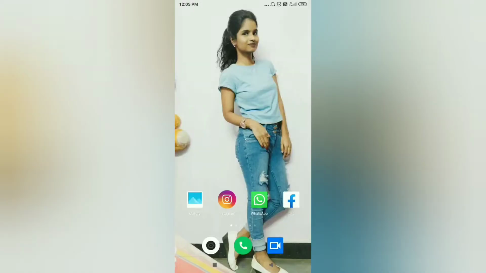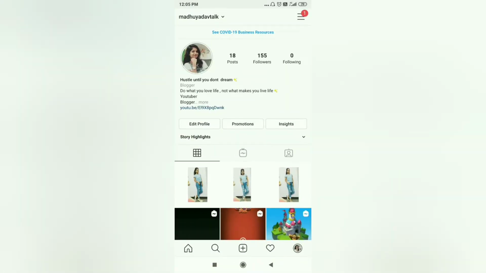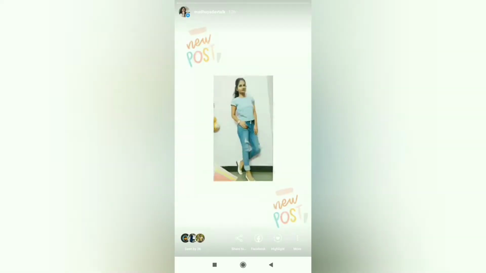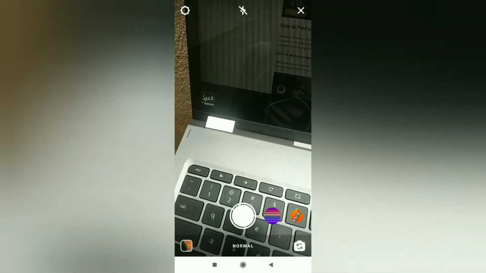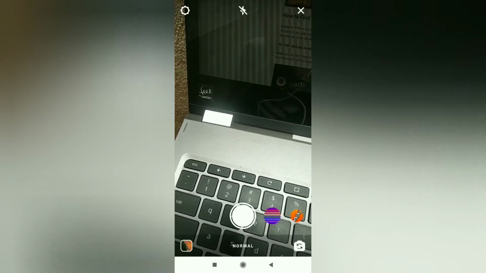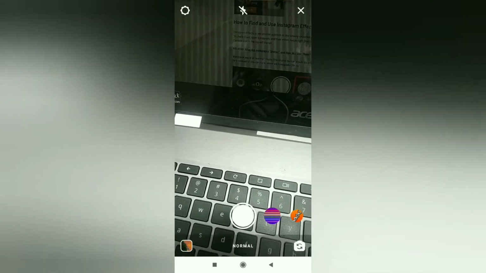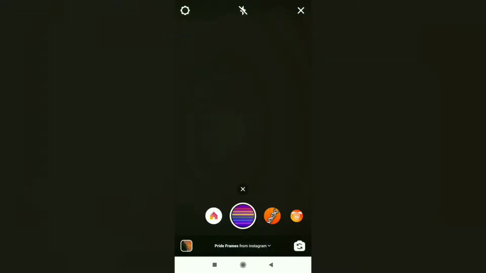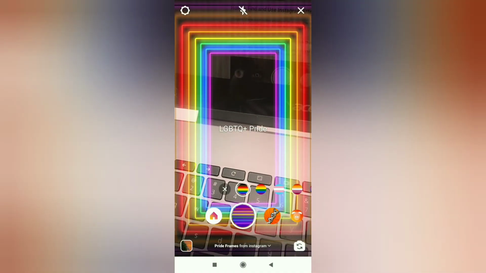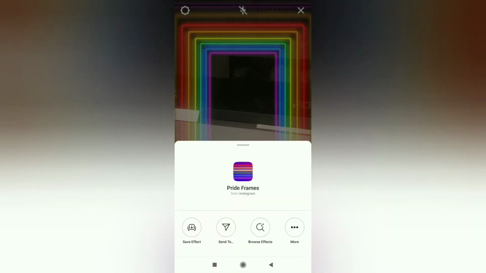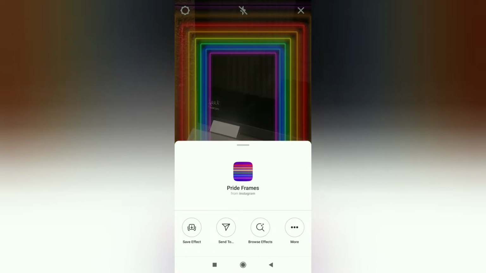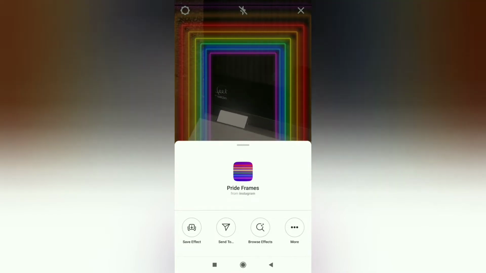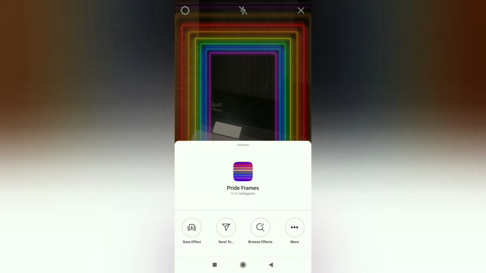So firstly, let me just open my Instagram account, and here we go. This is my Instagram account that I use. Let me just click on this status option and I'll be selecting the new one. And if you can see, this is under a normal mode. So let's see all the filters that are available for us from here. Once I go to this normal mode, these are the new effects that Instagram came across. So I'll click on this option here, and it will give me this particular interface wherein I will be able to select the option that says browse effects in order to see all the different effects that are available here.